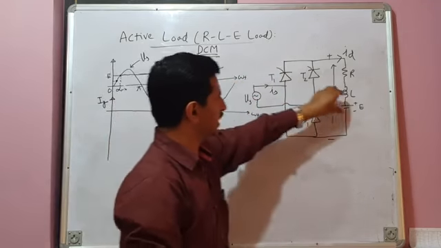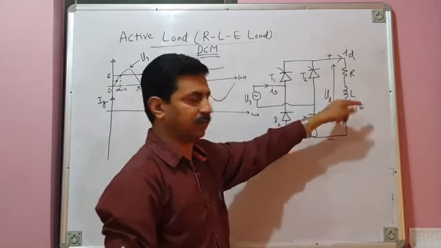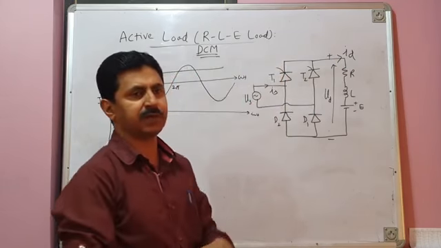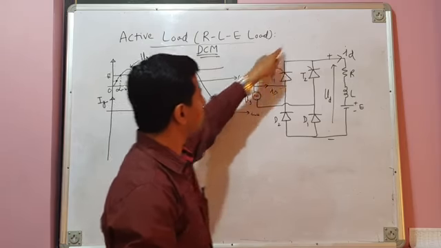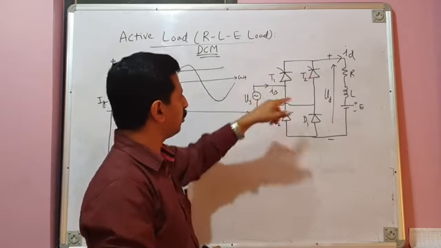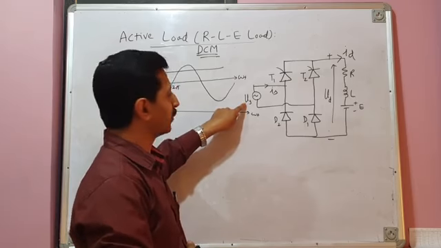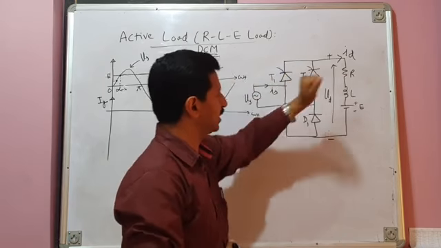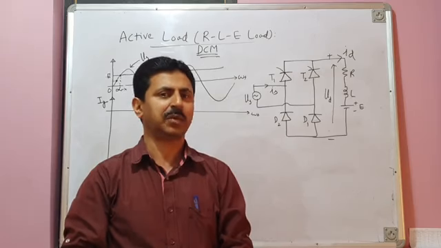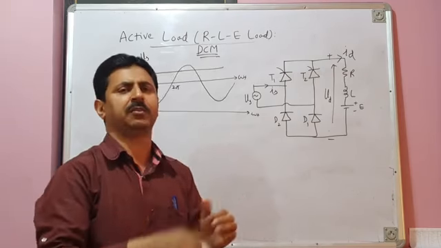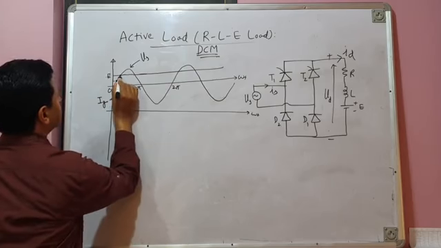Now, since Vs is less than E, that means the source voltage is less than the voltage of the load. The thyristor T1 will be reverse biased because its anode potential is Vs and its cathode potential is E. Both are positive, Vs is positive, E is also positive, but the anode potential, which is the source voltage Vs, is less than the cathode potential, which is E. Since the anode potential is less than the cathode potential, the SCR is reverse biased. Even if you issue the firing pulse to the thyristor, it will not trigger. Therefore, the minimum firing angle has to be this.